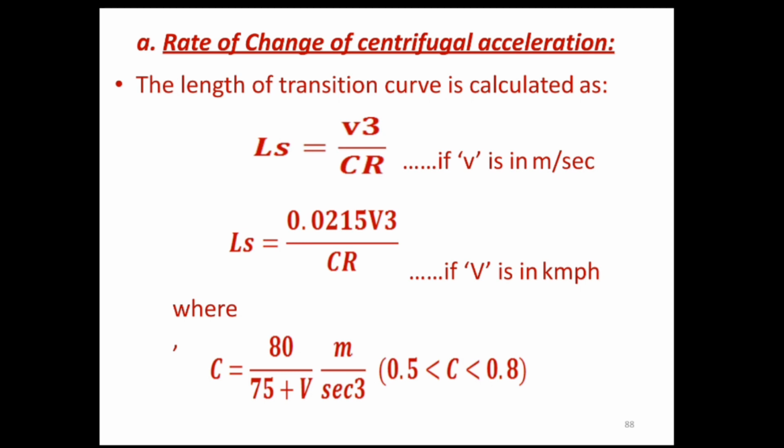When v is in kilometers per hour, the Indian Roads Congress has recommended the equation C equals 80 upon 75 plus V, where V is in meters per second, and C varies from 0.5 to 0.8. Once C is decided, Ls, the length of the transition curve, is calculated as Ls equals v cube upon C into R. If V is in kilometers per hour, then Ls equals 0.0215 V cube upon CR,